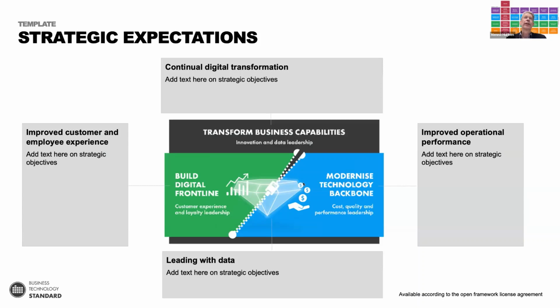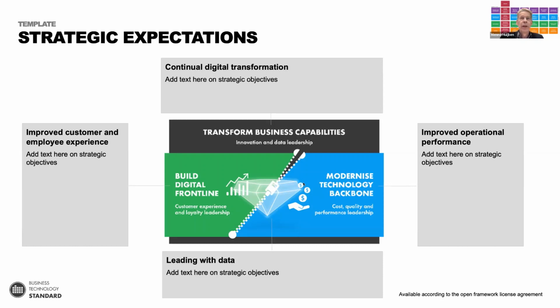So this is an example. You can of course start to articulate what we are exactly going to do to improve our customer or employee experience. So what do we need to do with the digital transformation to succeed with that? What are our objectives there? What are we going to do to improve our operational performance? And what does it actually really mean for us in the organization to lead with data? So as an introduction, this is always a very good beginning to start talking and use this mindset model to